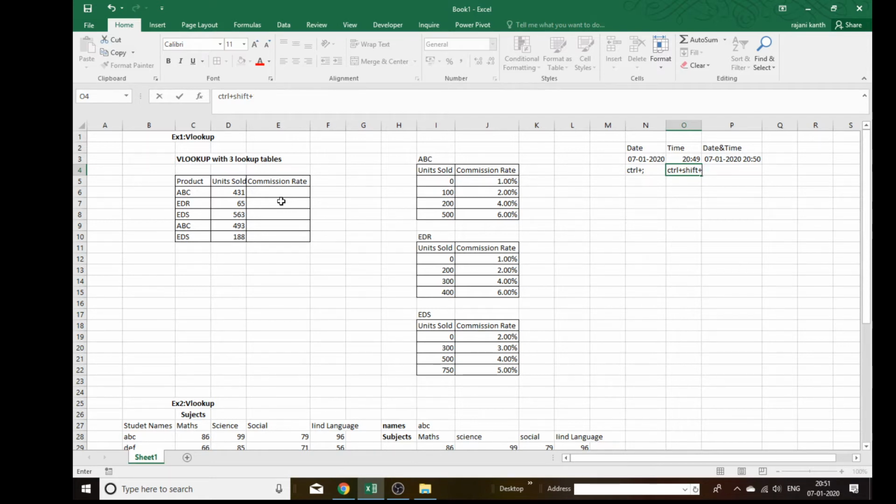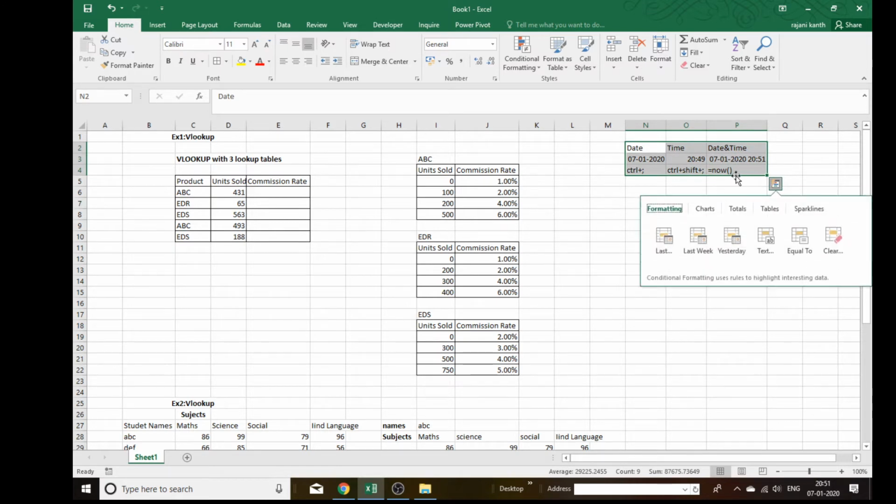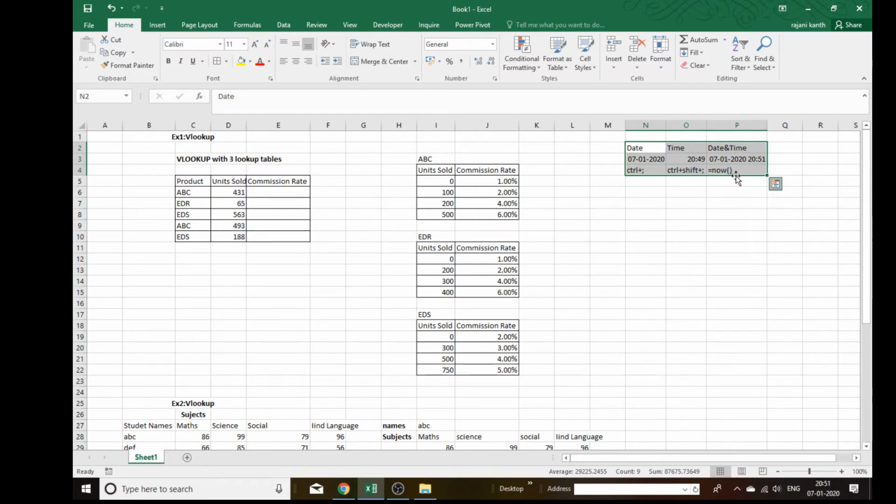Yes. And here now the formula. Now I'll make it as a text because if I type enter it will show the displayed answer. Now I'll select between this, all borders.